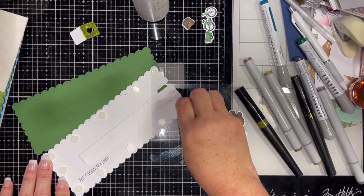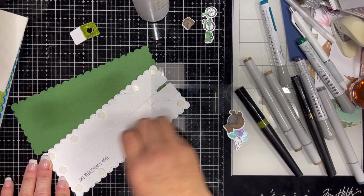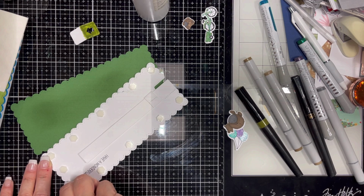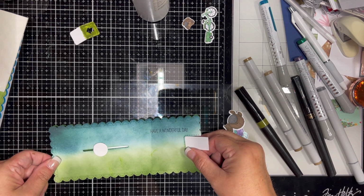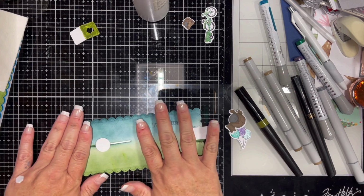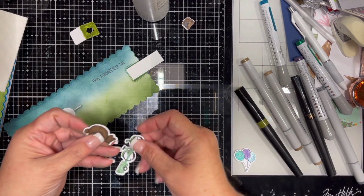Come off, come off. All right. And then I'm just going to put this right on top. And let's set up the little critter on his bike, or her bike. I might make her a little girl and put a little bow on her hair. So I'm going to put her in here